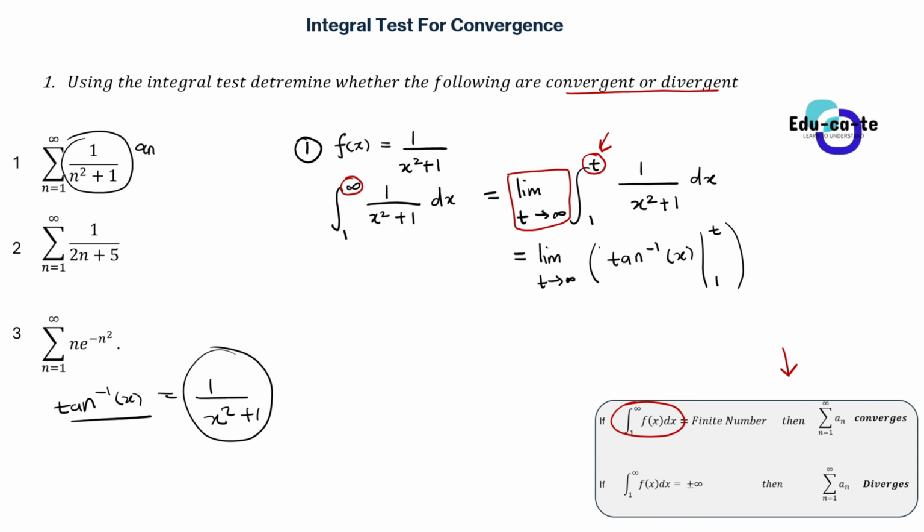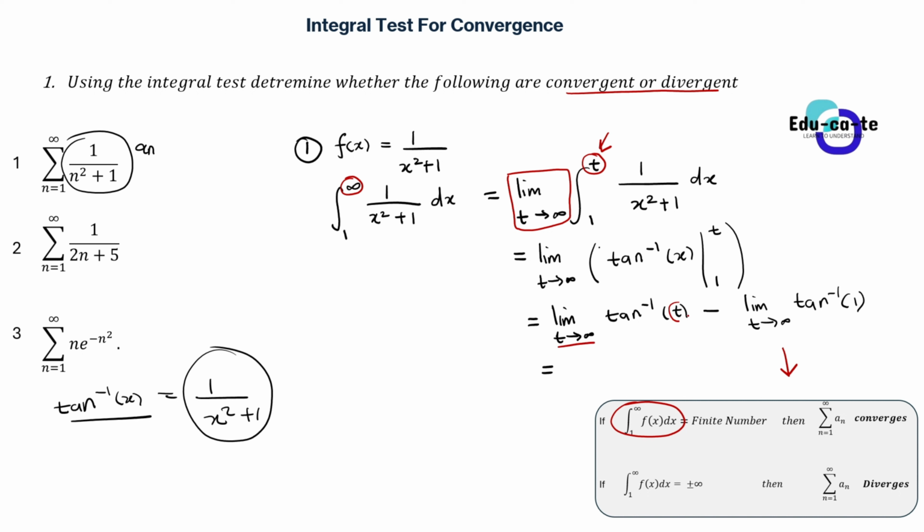Here, when you substitute the upper bound and the lower bound, you are going to have the limit as t approaches infinity of the inverse tan, or arctan of t, minus the limit as t approaches infinity of arctan of 1. You can just distribute the limit, it's your own choice. You substitute the upper bound and the lower bound for your definite integral so that you can evaluate it. So let's evaluate the limit as t approaches infinity.